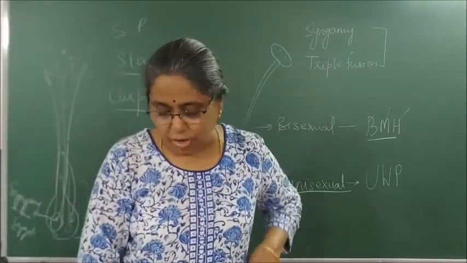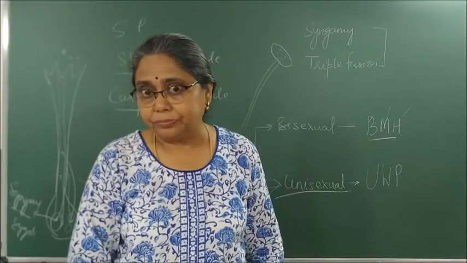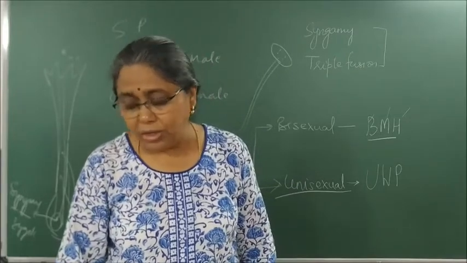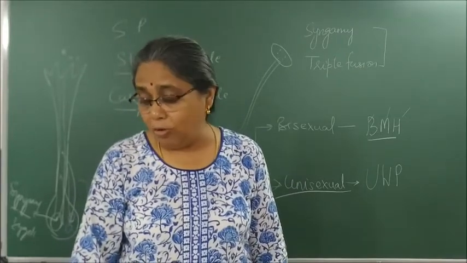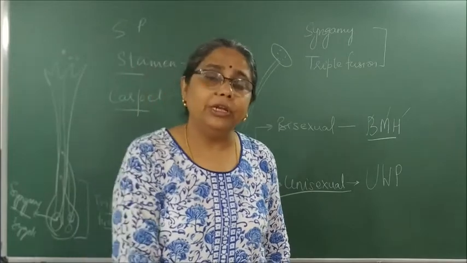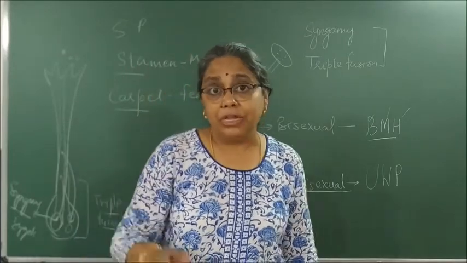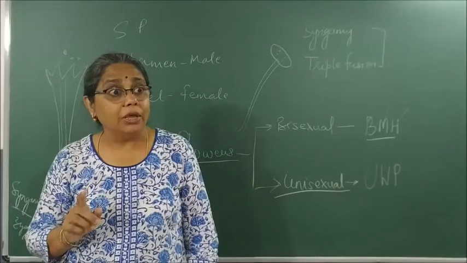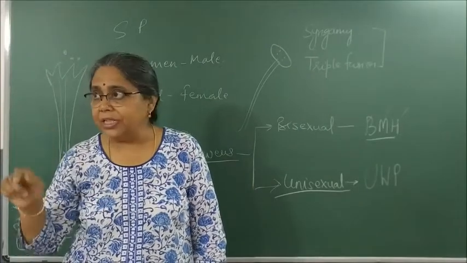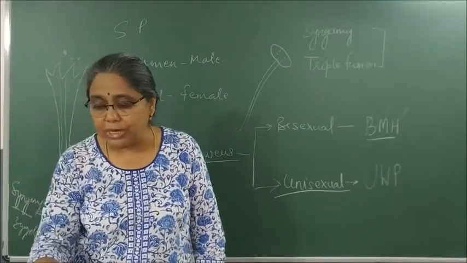So when they ask you fertilization in flower, you are supposed to draw figure 8.8. You will not draw LS of a flower. You will always draw what? The figure, and always understand this figure 8.8 is important because they will give you the figure and they'll ask you to label. They'll keep A, B, C, D and you should know the labeling correctly.